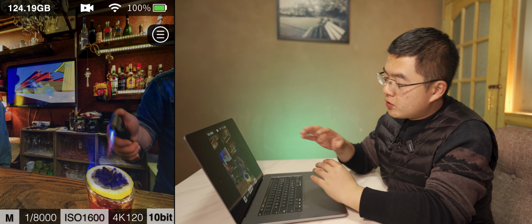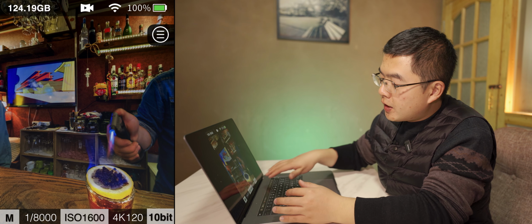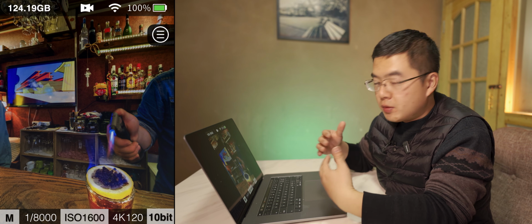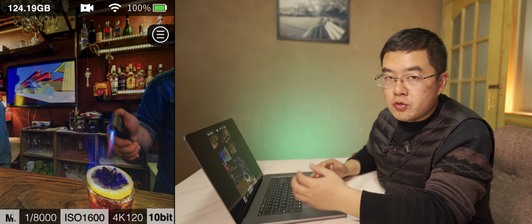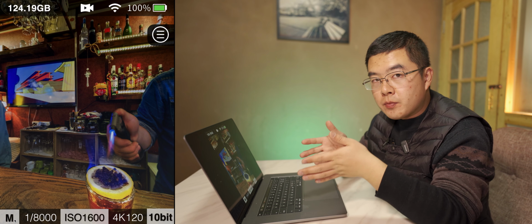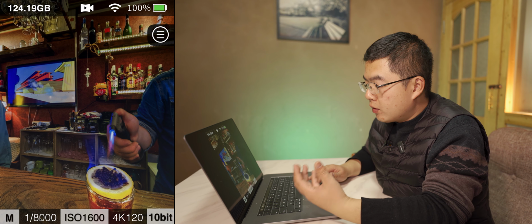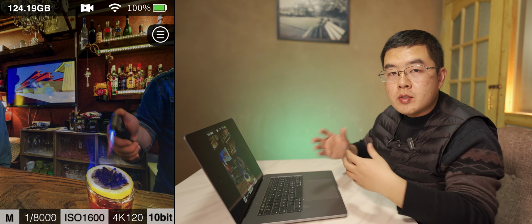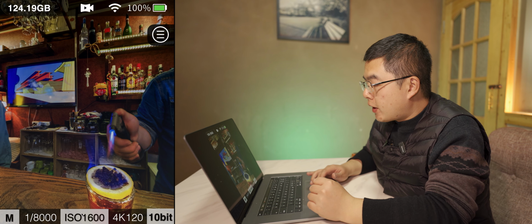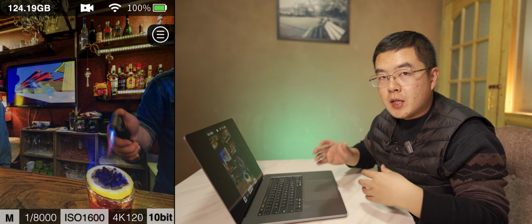And here I have recomposed all elements in the menu, because with the previous design, the bottom line is just not beautiful, and sometimes it is so crowded. Here I have recomposed and changed all the fonts so that they perfectly align and stay where they should be. And I'm going to put some white or black background with some transparency to make the UI more beautiful. And I have changed the FPS display to 4K 120. I don't want to use FPS because with